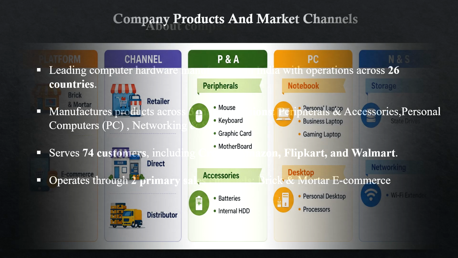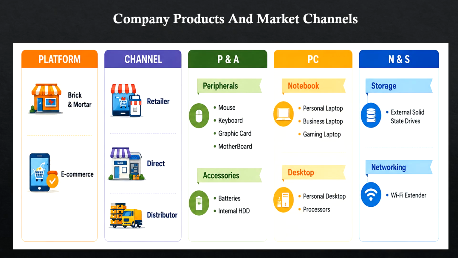Next, company products and market channels. This slide shows the company product categories and sales channels. AtliQ operates in three different market channels: retailer, direct, and distributor. Retailer means the company passes its manufactured product to the retailer, and then the retailer sells this product to the end consumer. In the direct channel, the company has its own physical offline store where they directly sell its products to the end consumer,